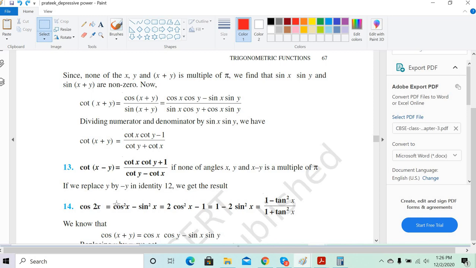Okay, sir. Okay, now let's go to the double angle formula. So you got the sin a plus b formula, right? And cos a plus b formula. Yes. So let's try it using the cos a plus b formula first. Write down cos x plus y formula and put y is equal to x. So cos x plus y formula, which is cos x cos y minus sin x sin y. Yes. Put y as x. So it will become cos of 2x then.